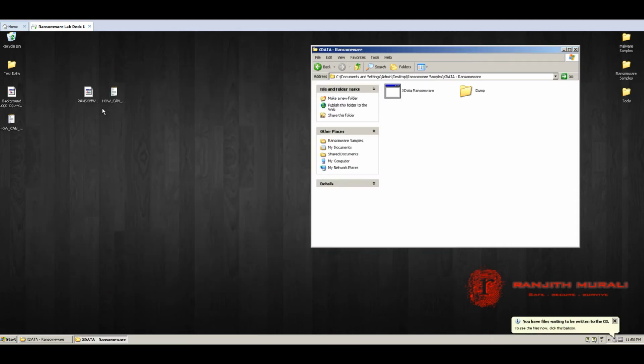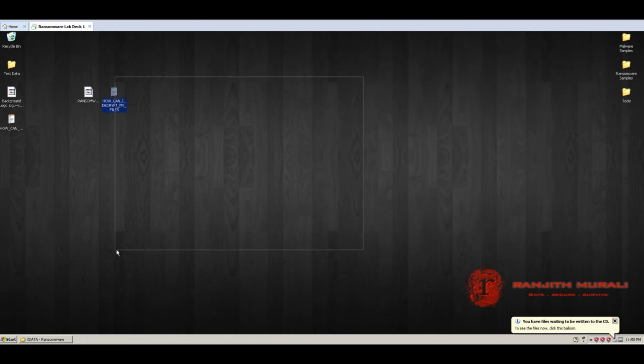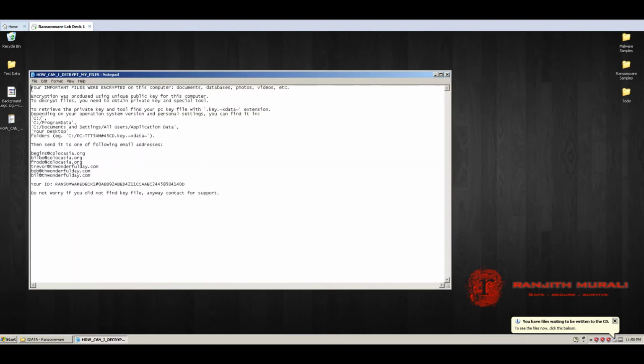You don't get any other message from this, like WannaCry and some changing desktop wallpaper and pop-up message. No. So this is the message. Important files were encrypted on this computer, document, database, photos and video, everything is encrypted. And